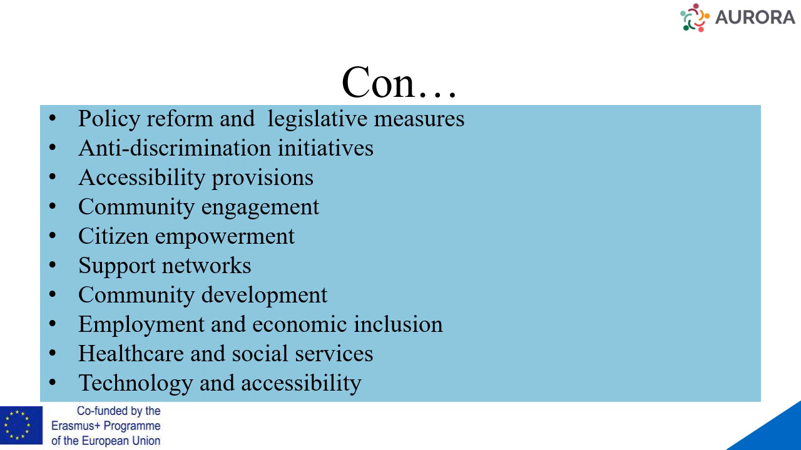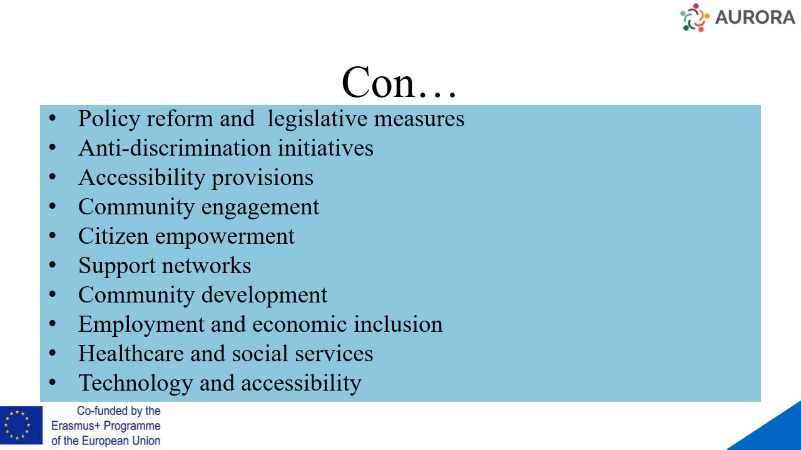Community engagement is an approach of social inclusion. Community engagement is an approach to promote active citizenship skills, civic responsibility. Similarly, citizen empowerment, support networks, different support networks like clubs, community is a support network, publications of different journals, brochures, pamphlets, organizing conferences, symposiums, seminars, workshops are support networks. Similarly, community development,